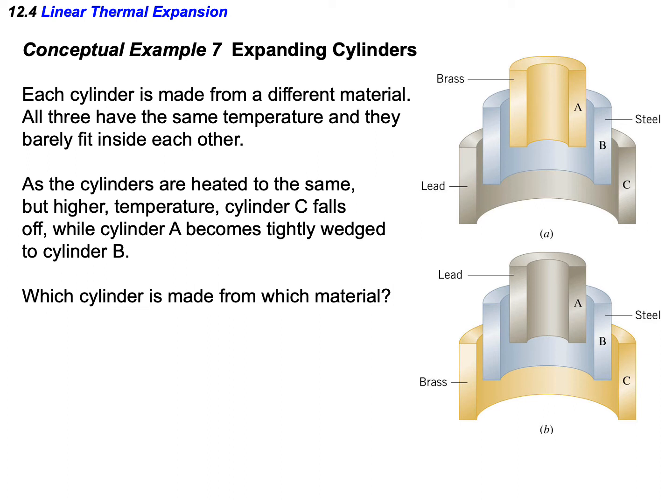So in this example, there are three coaxial cylinders made out of three different metals. Let me write the expansion coefficients. Brass, volume expansion is 57 times 10 to the negative 6 per Celsius, and steel is 36 times 10 to the negative 6, and lead is 87 times 10 to the negative 6, 1 over Celsius. So the question is,